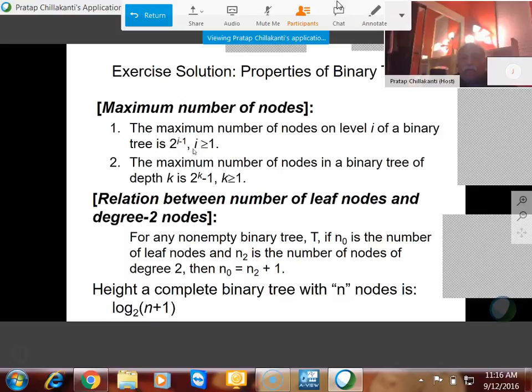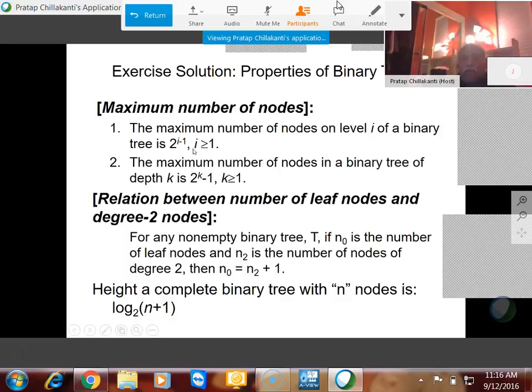2 raised to i minus 1, i greater than or equal to 1, the first question. Second one is the maximum number of nodes in a binary tree is 2 raised to k minus 1. Now notice one thing here. When we talk about the level i or depth k,